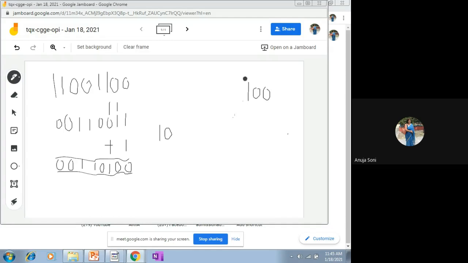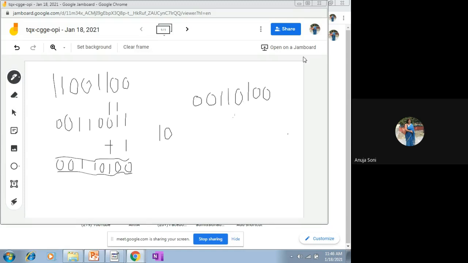Till this point we have copied the number as such, till the time we get the value of 1. Afterwards, in the remaining part of the number, you have to go on inverting every digit. You have to find out the 1's complement of every digit. So that means you have to replace 1 by 0, 0 by 1 in all the digits. You have to go on doing like that. And 0 by 1, 1 by 0, and 1 by 0.